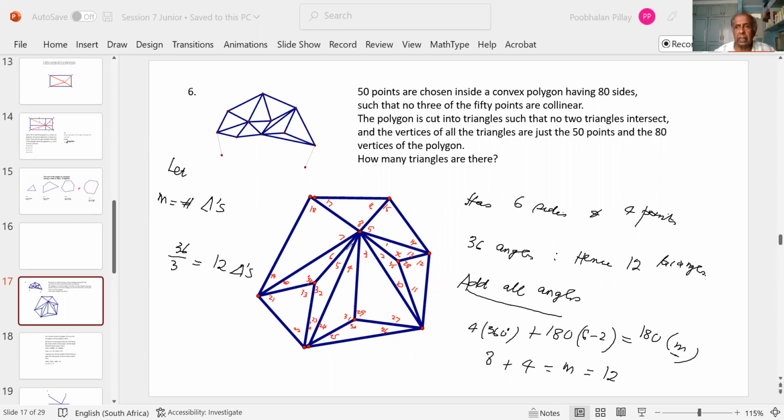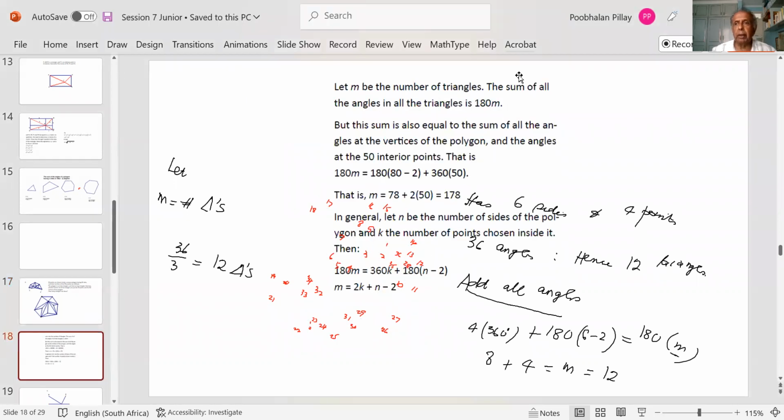But if you do it like this, now it's very complicated, because you've got 80 sides and 50 points. So in general, this thing here is in general. Here, this is when you have 6 and 4. So in the same way, when you use our problem here, I'm going to show you what we've got. When you got 50 points inside the polygon, which has got 80 sides, so this is what you have here. And when you calculate,